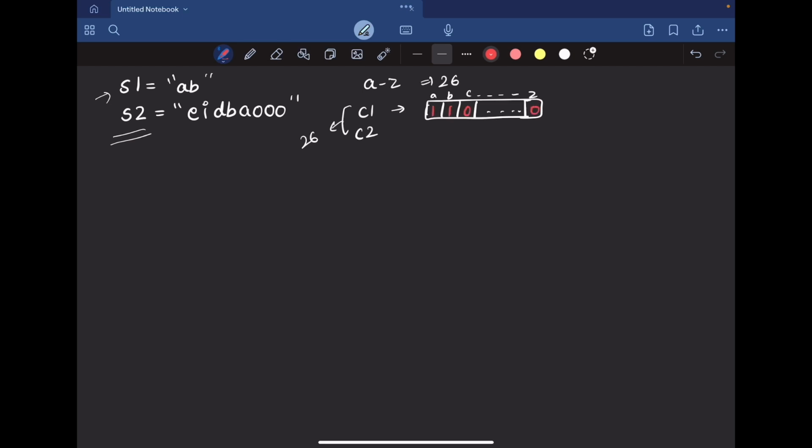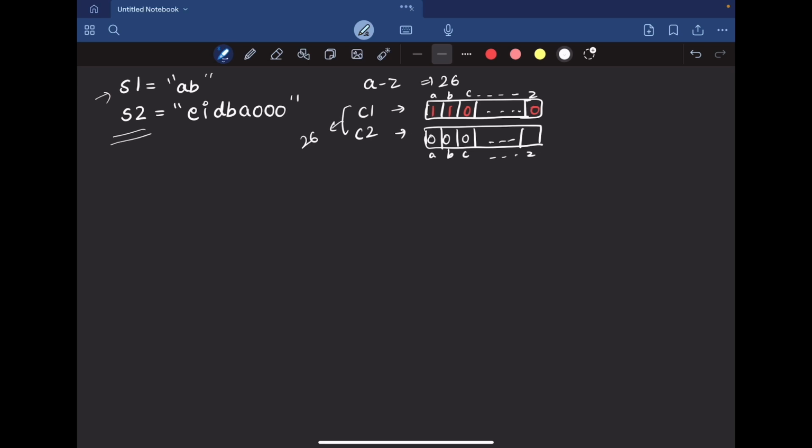Similarly, we will have the vector C2 for our S2, which initially contains 0, 0, 0, up to Z, always.